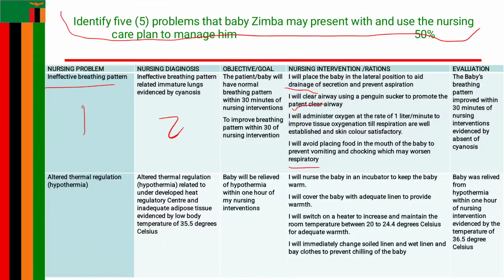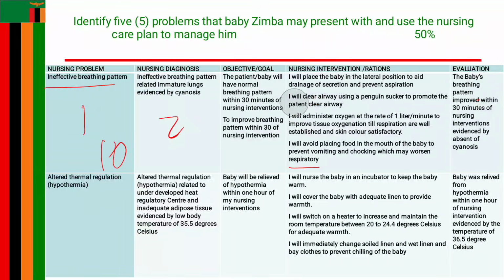Correct objective or goal, you get 1 mark. For 4 interventions, you get 4 marks. For correct evaluation, and an evaluation should always have an evidence, you are given 2 marks. So this is how come you get 10 marks for 1 problem, and for 5 problems you get the 50 marks that is allocated in the question.